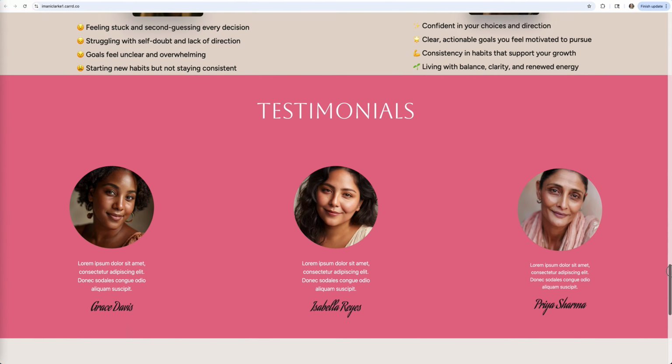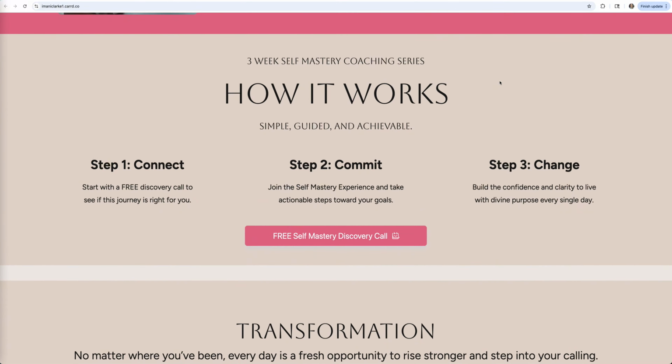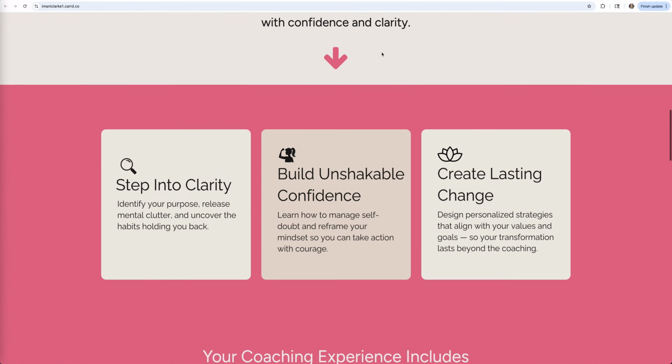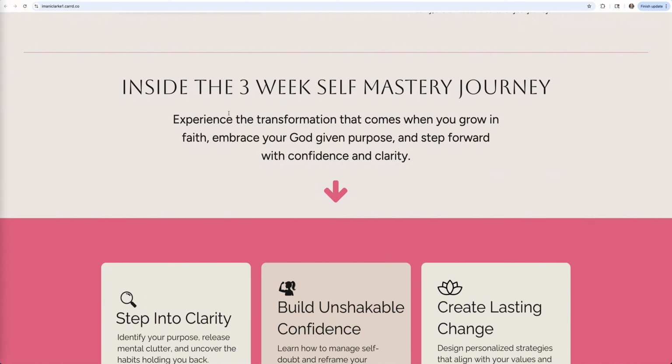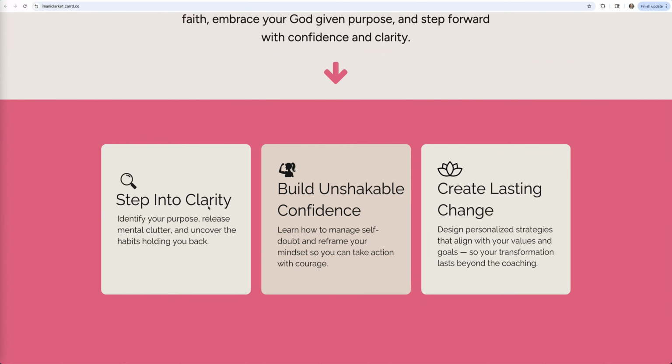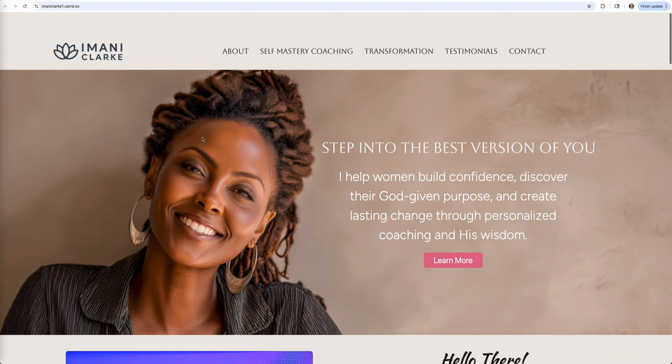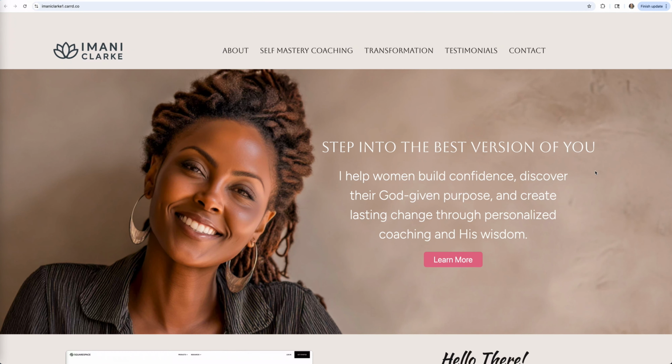to put into action. The concept behind this site is built around a time-based coaching offer. The one that I use here on this site happens to be a 3-week self-mastery program for women done over Zoom. You can literally use this same exact layout for whatever you do offer. You know, if you just have books or courses or retreats, just swap out my offer for yours as we